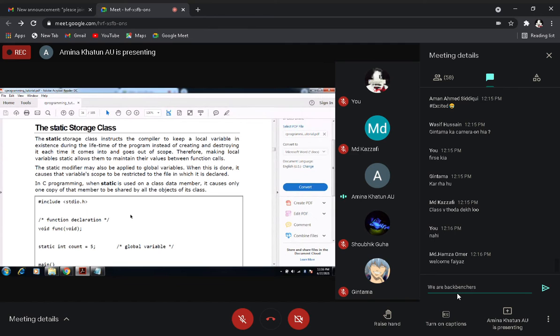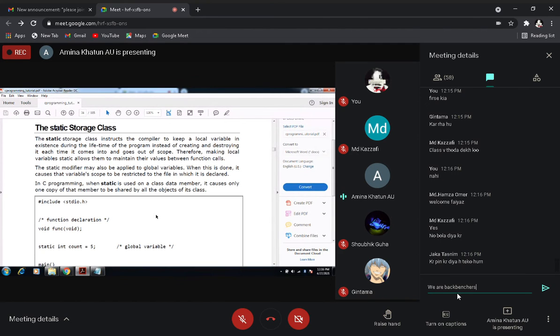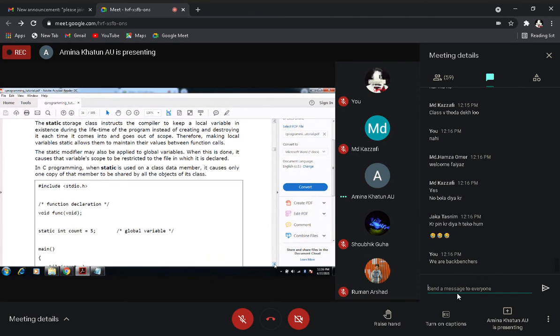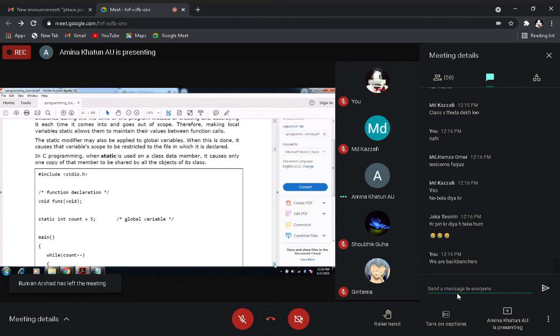With an example you can see the difference between static and external. So go to the example at first.